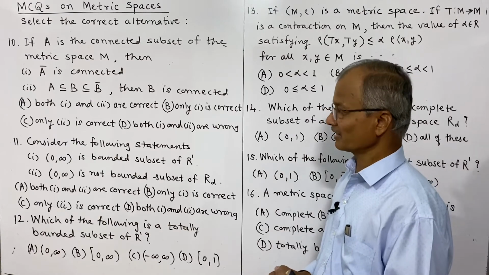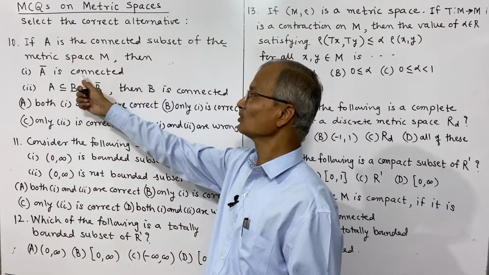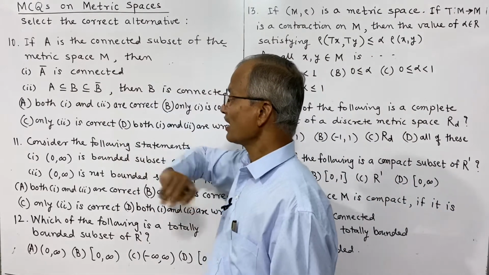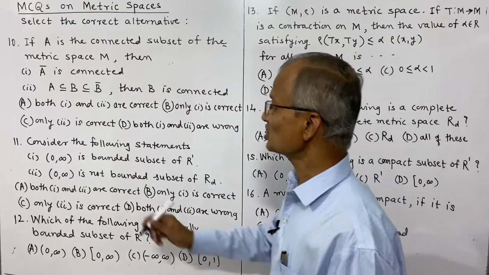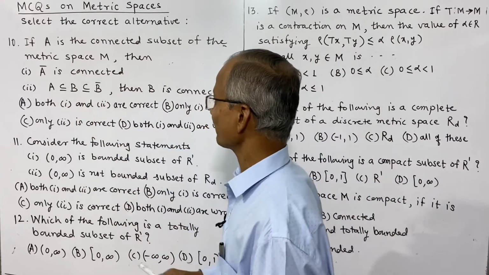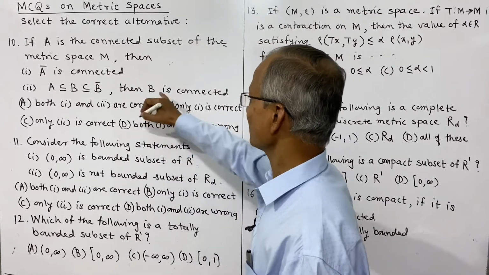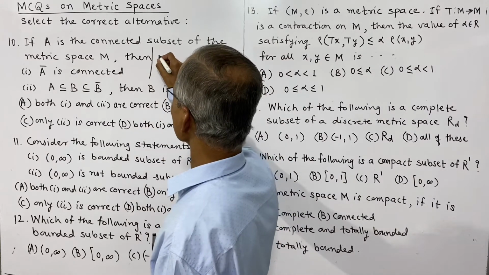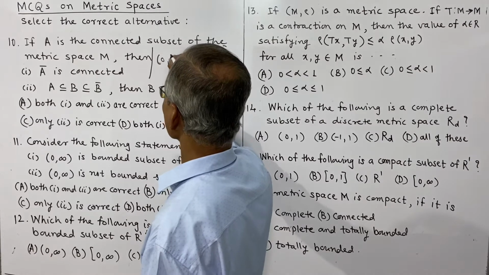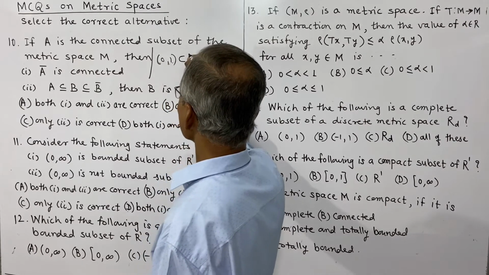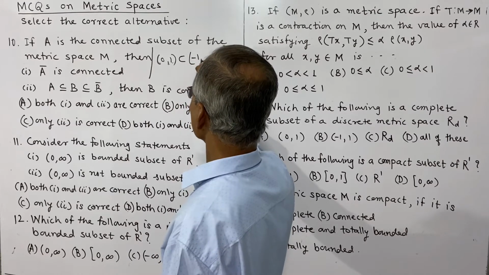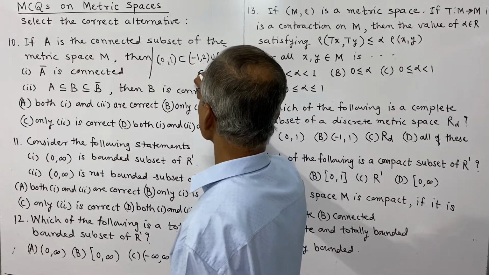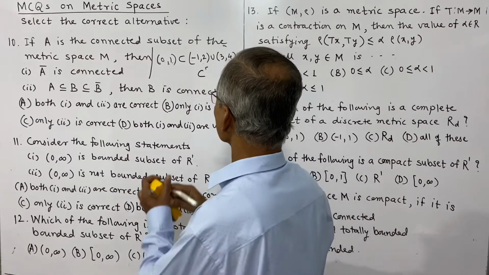So what should be the case? If A is connected, then closure of A is connected. That is a result or an example. And therefore the first statement is true. Now what happens to the second? If A is a subset of B, B is a subset of closure of B, then whether it implies B is connected. So for that purpose we can see this example. I shall consider the set A as say 0, 1, and we know this is subset of say -1, 2 union 3, 4, and this is subset of the closure of this